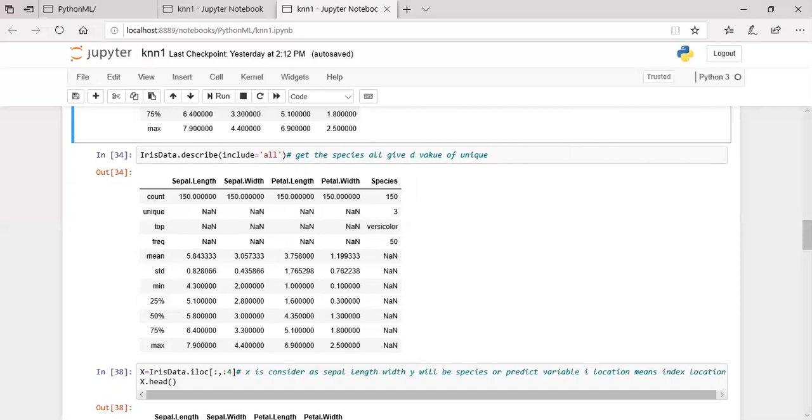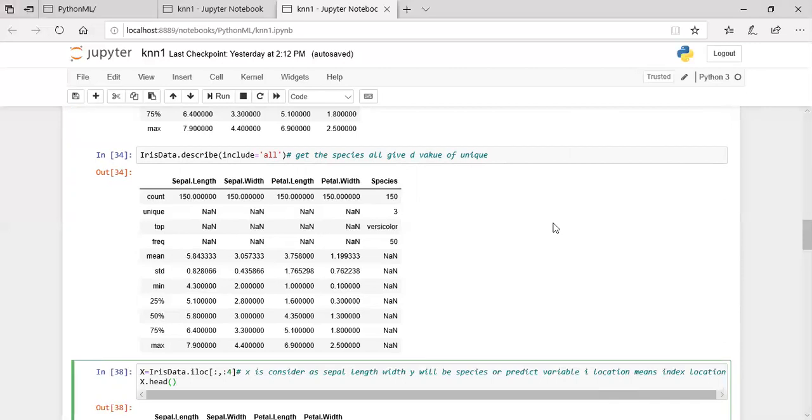Another next command is for prediction. The next command is X equal to iris_data.iloc. iloc means index location; we give the index location. X is the variable required for predicting the data and testing the data.